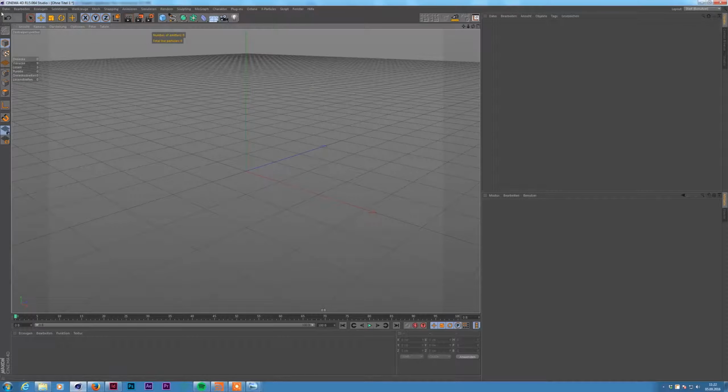And I recommend to add a bit more mesh polys to that one. I did it by simply choosing the edge mode, live selection here, and deselect this one and select all your edges, right click,